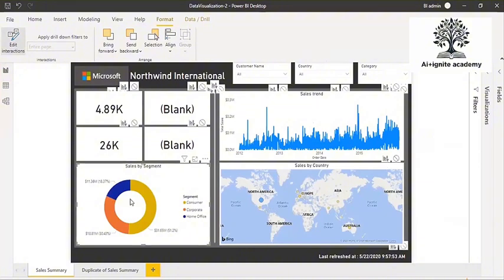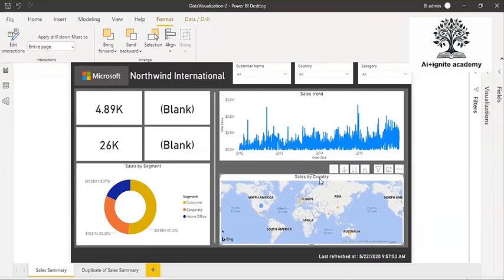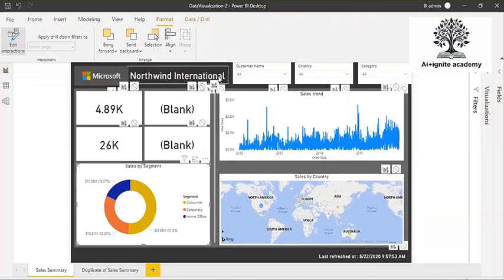Now you want to manage based on the selection of this donut chart. You notice that this map has these two options, right? Generally, these buttons sometimes overlap each other. What's better is to first create some space like this, so that you can see all the options for this map clearly. Now when I select edit interactions again, you can see these are the buttons you can use clearly, right? Here it's a very congested space, so you need to minimize it or move it from one location to another so that you can use these buttons effectively.